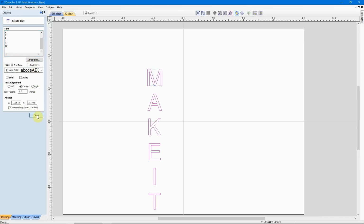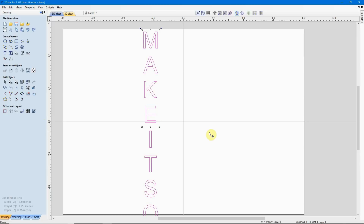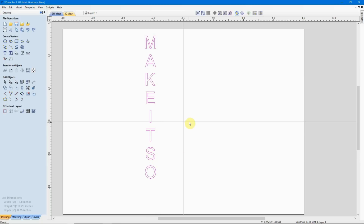Then we'll close that. I'll move my text up here so that we can see it, and it's still going to be too big to fit on my material. So I'll go back into the text editor, and I'll change my size down to 3/4 of an inch. That'll do for our purposes right now. Now, if I want to go ahead and place this off to the side over here,